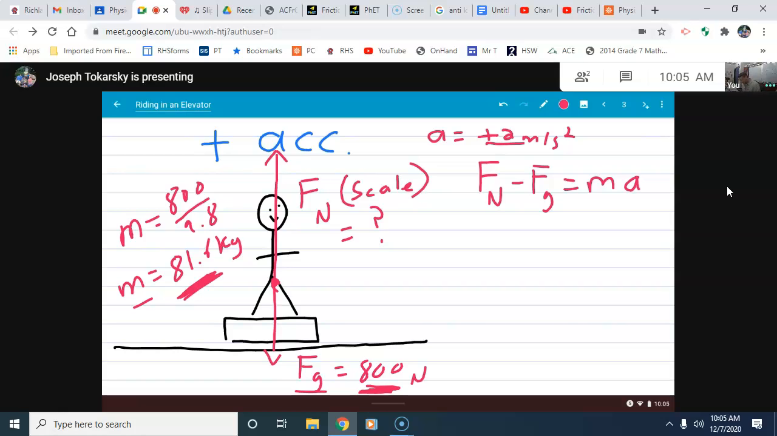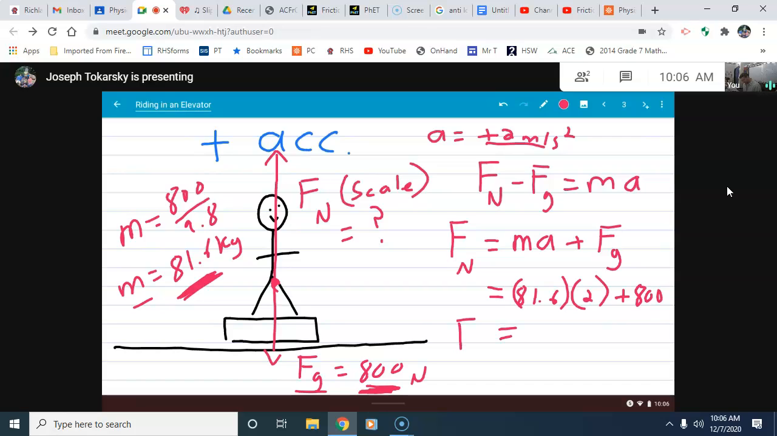And now we have a positive acceleration. So the scale reading is the normal force. And to solve for it, doing some basic algebra, we would add the force due to gravity, aka weight, to the other side. And I would plug in the numbers. I found out why mass was 81.6. The acceleration's positive 2. And I would add that to my 800 newtons. That's what Newton's second law, the math, is telling me to do, right? And that would figure out that this person in this condition, if I run these numbers correctly,